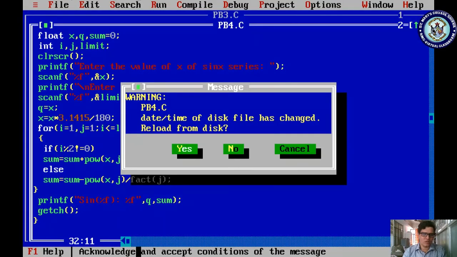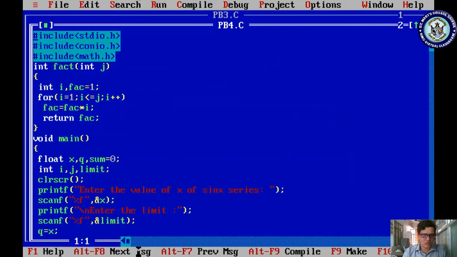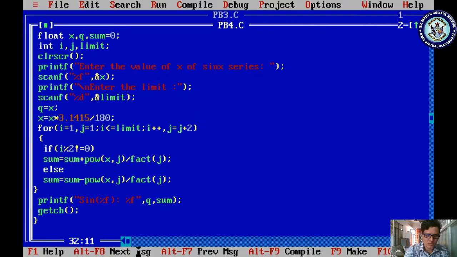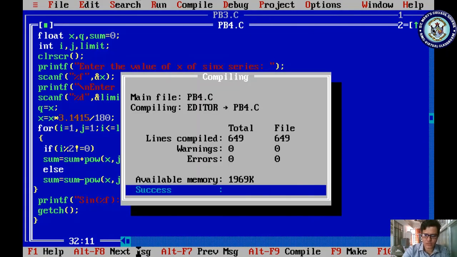Why? Some is giving us 0. Ampersand x, ampersand limit. Sorry, limit is an integer, not a float. Now let me check. Save it, compile it and run it.